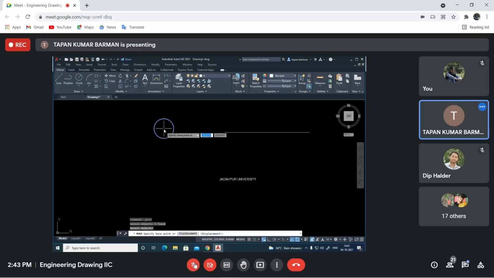Yes, this center point should be selected as the base point. Then only you see easily I can place it. Do you understand the importance of this base point? Why it is important? Otherwise, it may be difficult to place the object at your required position.